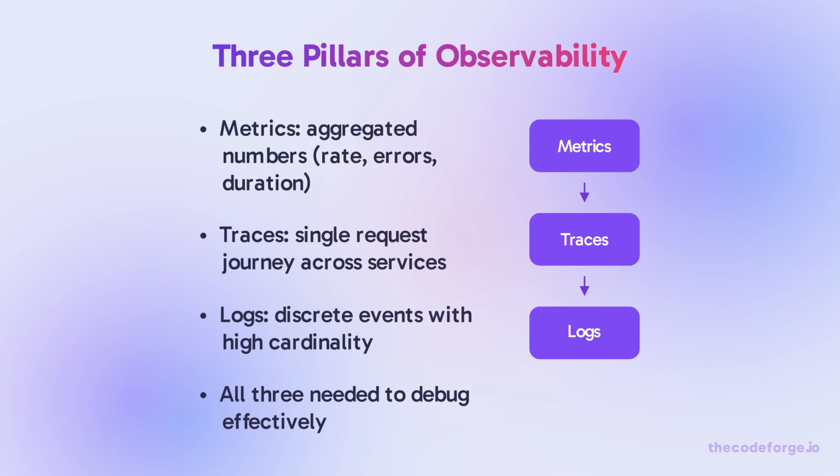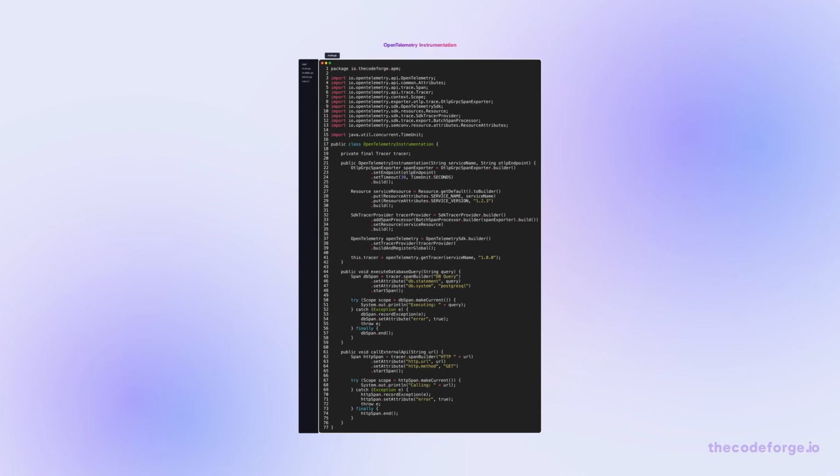APM rests on 3 types of telemetry. Metrics tell you something is wrong, traces tell you where, and logs tell you why. You need all 3 to debug effectively. Here's a production-grade OpenTelemetry instrumentation class for a Java service. It configures an OTLP exporter, sets service resource attributes, and provides methods to instrument database queries and external API calls